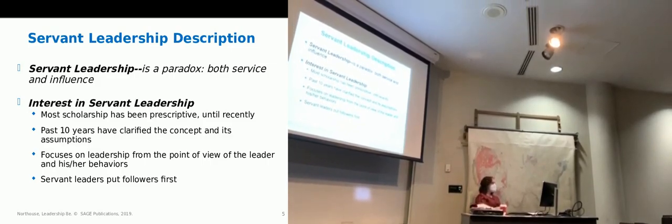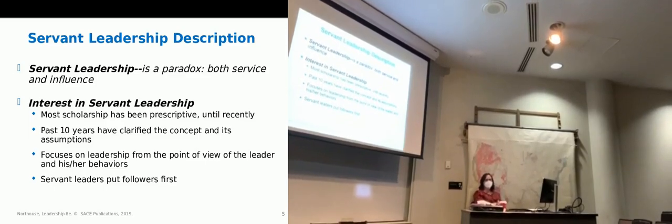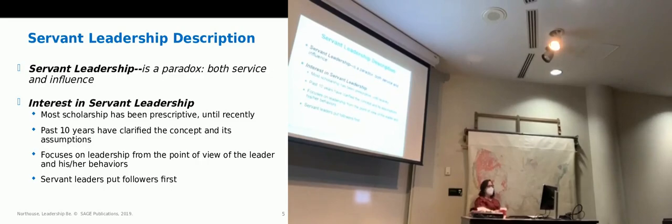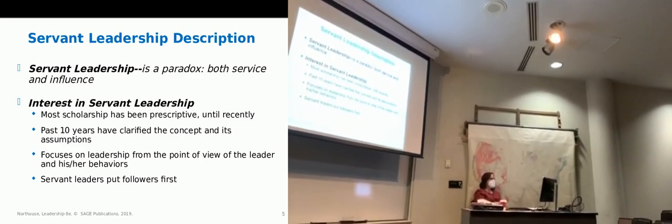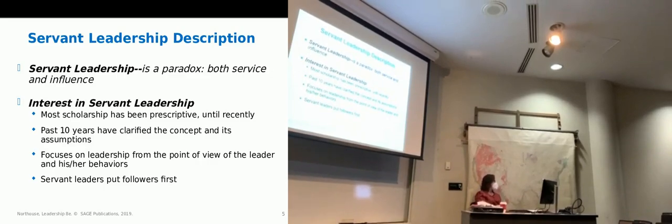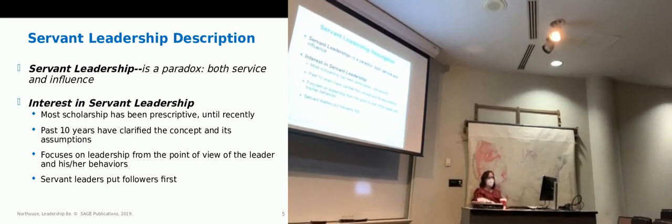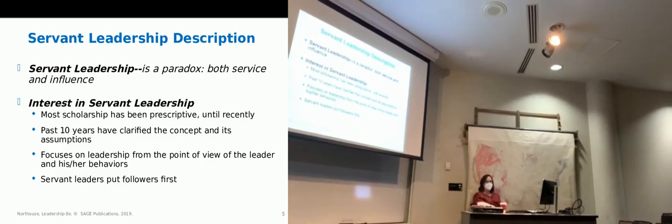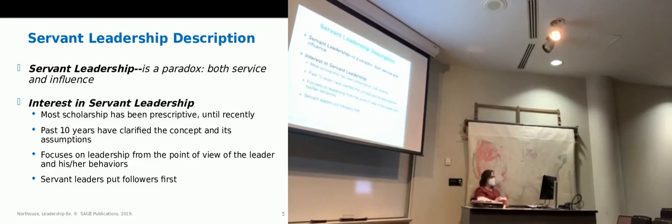We talked about how referent power is a personal power base, so people do things for you because they respect you. So how this is a paradox is that with servant leadership, because you're serving others, you end up developing this influence, because people develop respect for you because of the type of influence that you have over them. Does that make sense? So that's kind of the crux of servant leadership there.